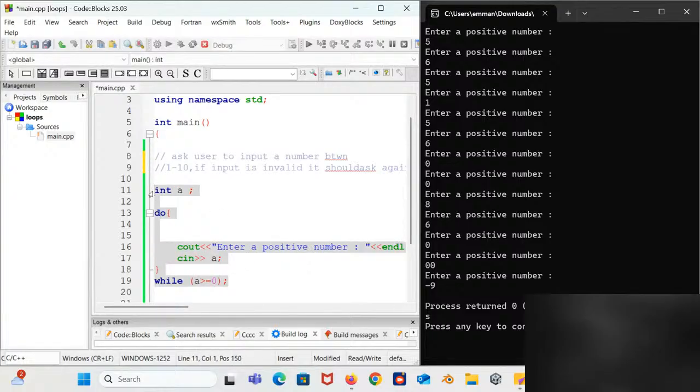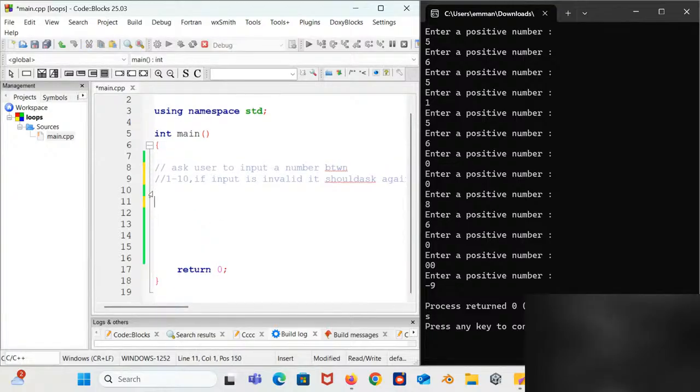Now what we are going to do is basically write a simple C++ program that is going to ask a user to enter an input between 1 and 10. And then if the input is invalid, it's going to ask the user to enter that number again. Good. All right. People are saying yes. It's not a poll. Just for your own view, just for you to learn.